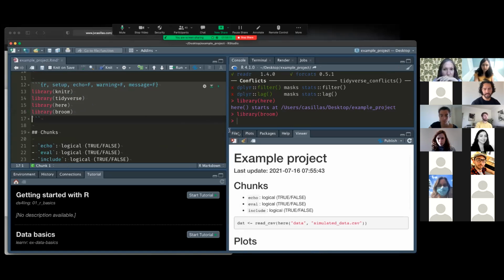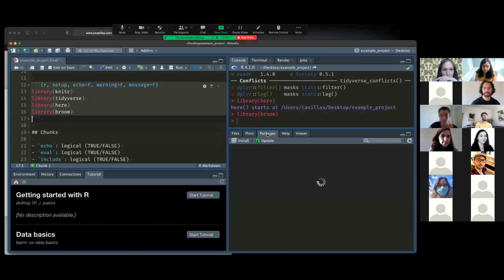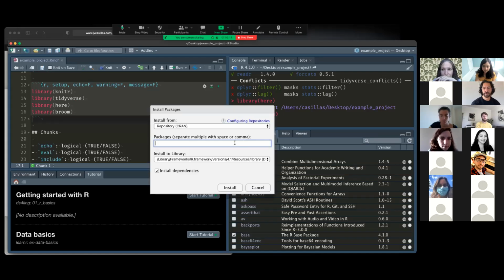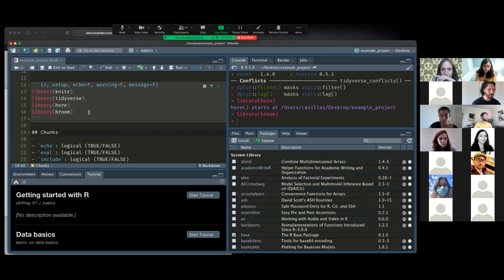I might not have told you guys about broom before. So if you don't have any of these, you can actually just install them quite easily off of CRAN. You click packages, install, and then you can just search for one. So for example, if you don't have here installed, you can type in here and it'll give you here and you can just install it. Or equally, you can do broom and then broom pops up and you can just install it. So if you don't have any of these, go ahead and